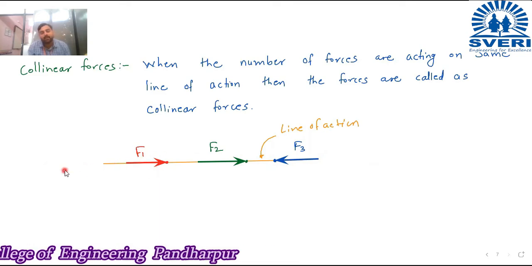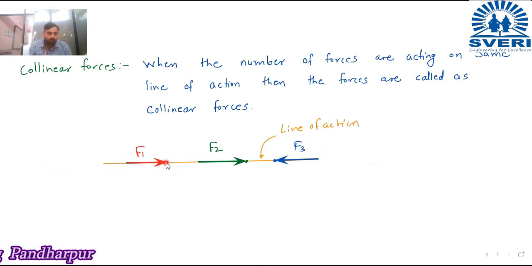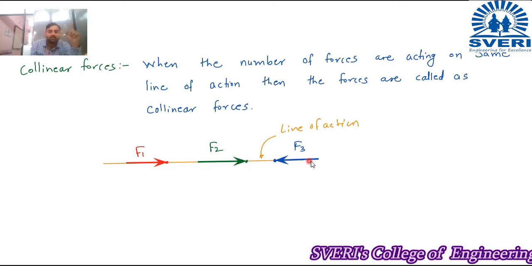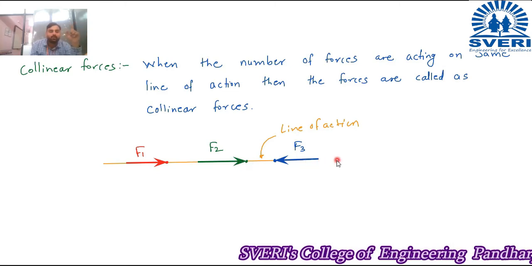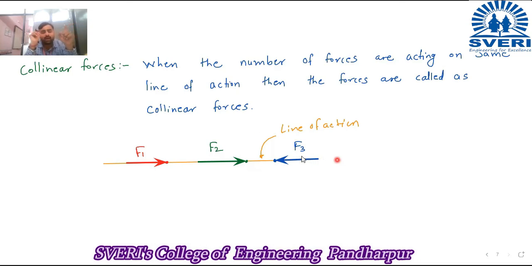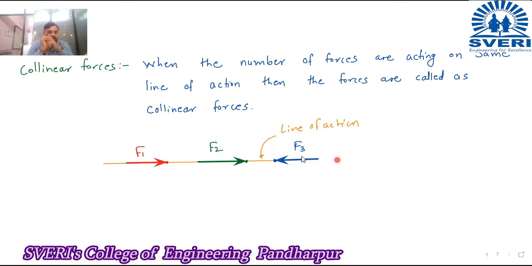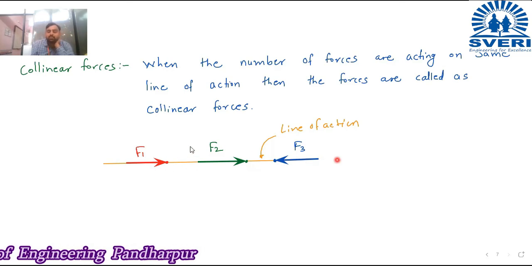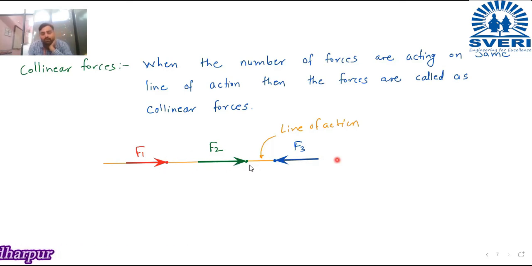So you can see that similar is the case with F1 also. If you extend from the back side, then there is no force. But if you extend from the forward side, from the head of F1, the line of action, then F2 is also acting on the same line of action, and F3 is also acting on the same line of action. So these forces F1, F2, F3 are collinear forces. Here there is no question of direction. F1 and F2 are moving towards right,